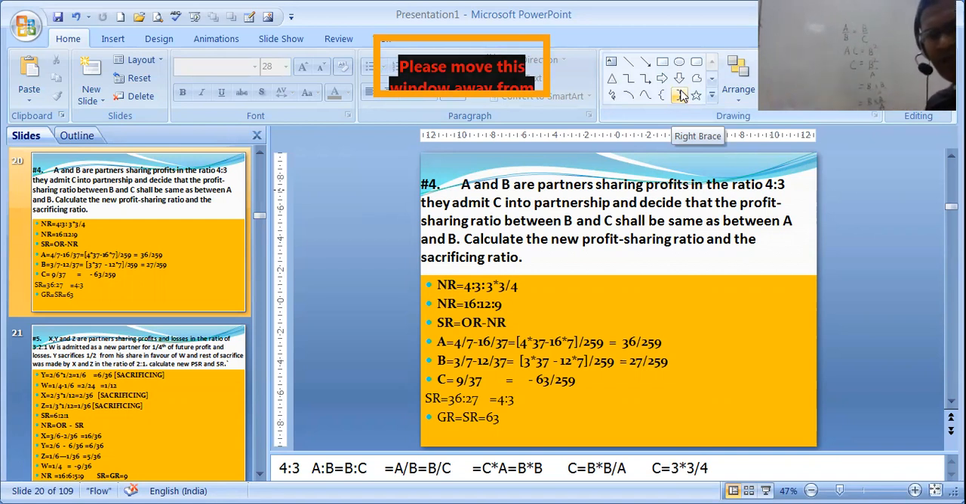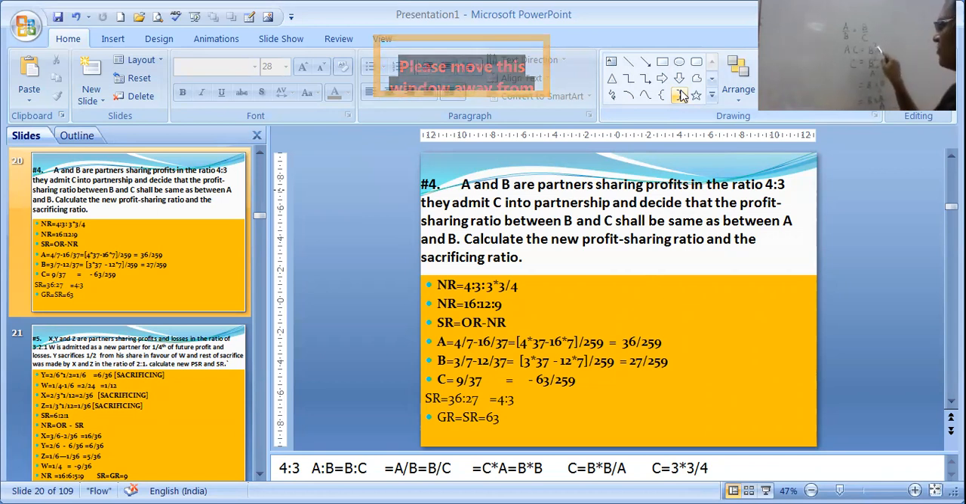As per the sum, A and B are partners sharing profits in the ratio 4 is to 3. They admitted C into the partnership and decided that the profit sharing ratio between B and C shall be the same as between A and B. Whatever the ratio is between A and B, the same ratio will come between B and C also. Now I have to find out C's ratio because C is coming. Solving a simple equation, making C the subject,